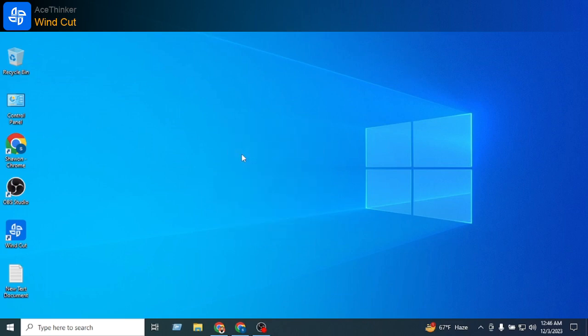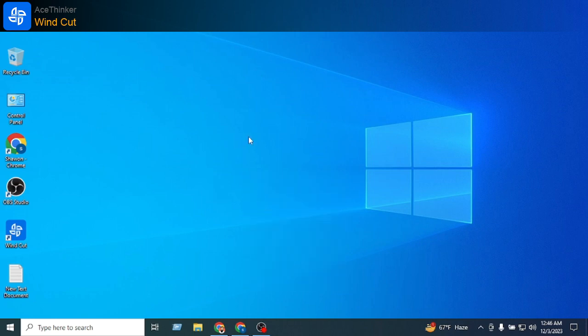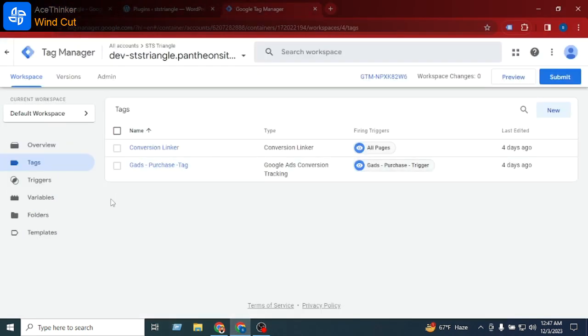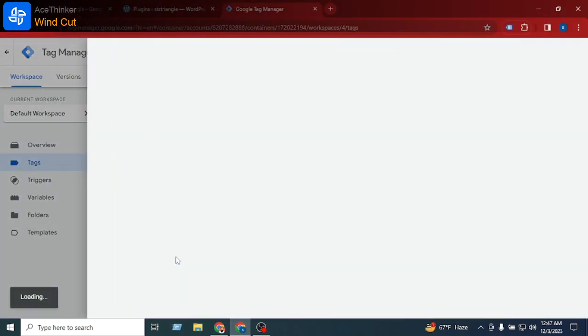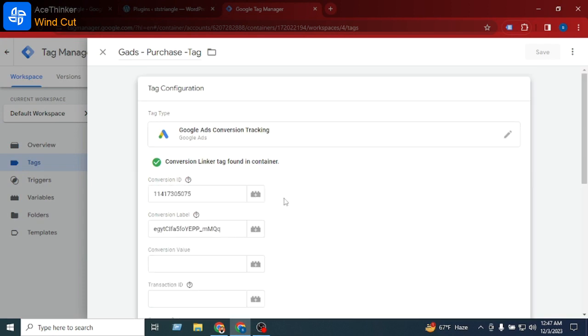Hello, today we will see how to set up Google Ads conversion with dynamic value tracking and enhanced conversion. In our previous tutorial, we saw how to provide information to our Google Ads account via Google Tag Manager for our website purchase. Now we will see how to send other customer information or their purchase story